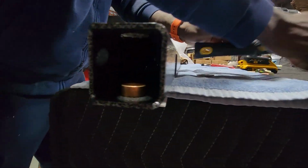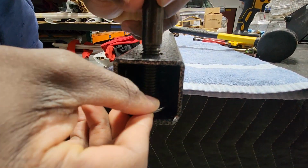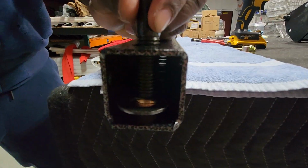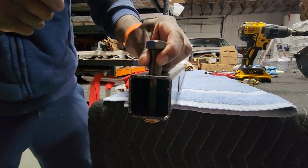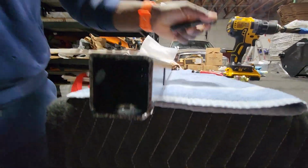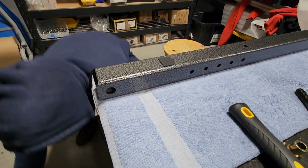Next, he's going to flip it and repeat that process. Same thing again: put the washer on it, not completely, then rest the bolt on it and hammer it out. We're using a rubber mallet to do that, and then you get the bushing out. So now the bushings are completely removed in the